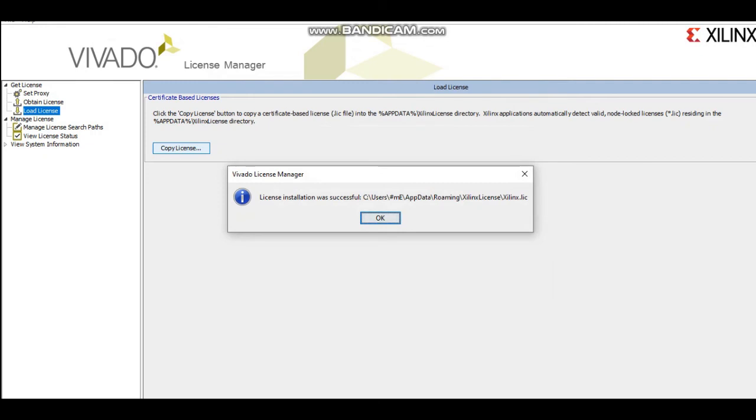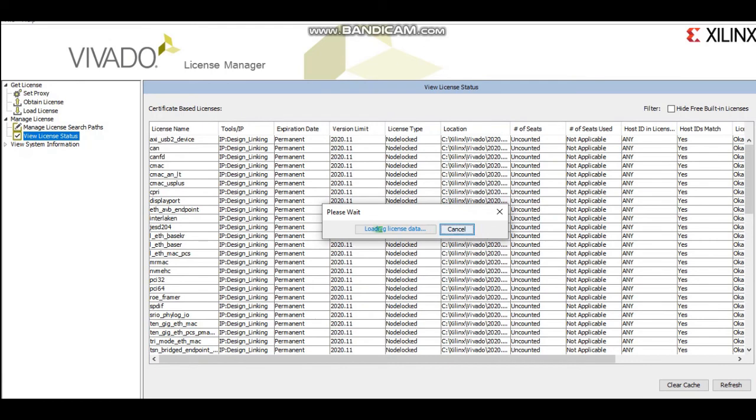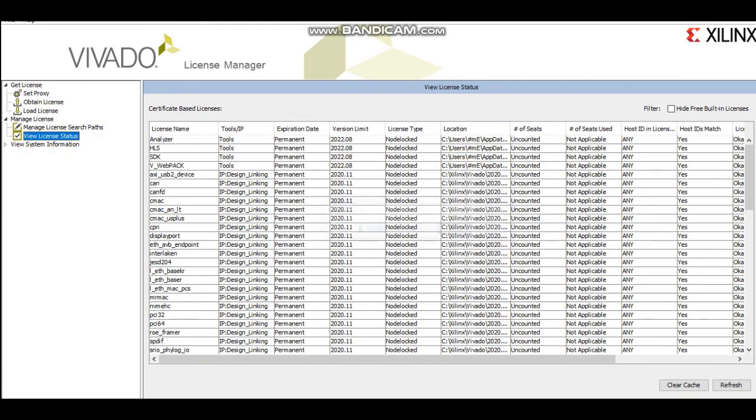Now you can see my license installation was successful. Now if you look at the license status, you will be able to see that I got these above 4 licenses. I got the HLS license permanent, and I got all these licenses.